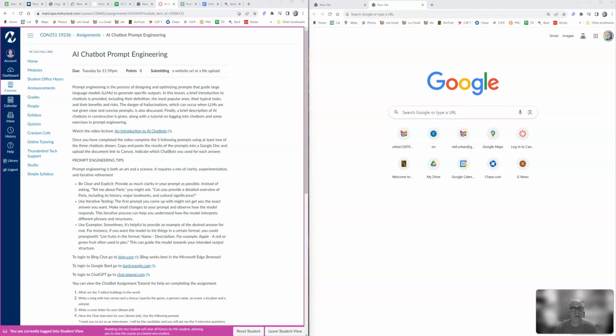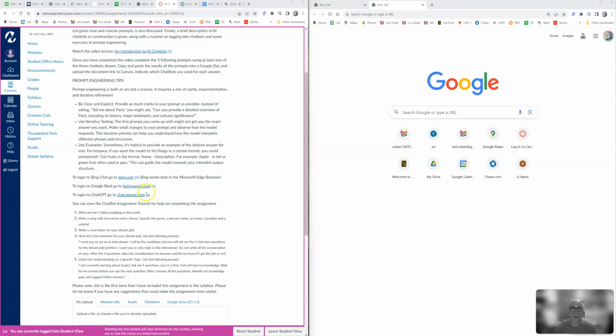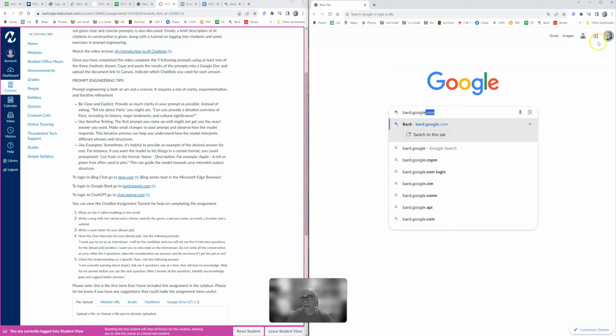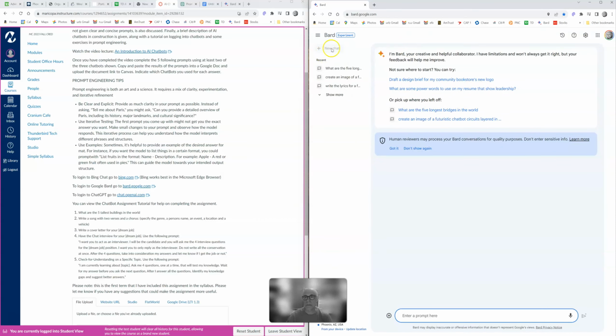Okay, so let's look at how we might complete this assignment. After you've watched the video lecture and read through the material, we will type bard.google.com, go to this tab, and now we see down here at the bottom is where we enter our prompt, and we're going to say to Bard, for example,